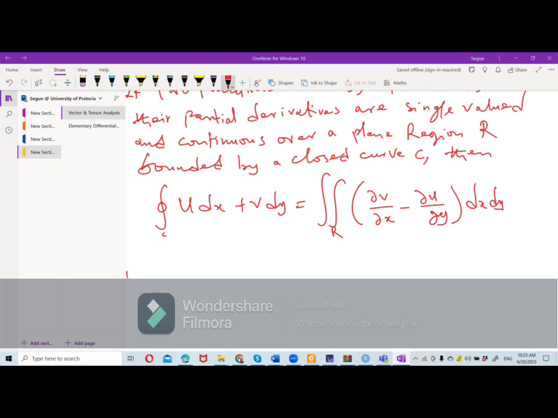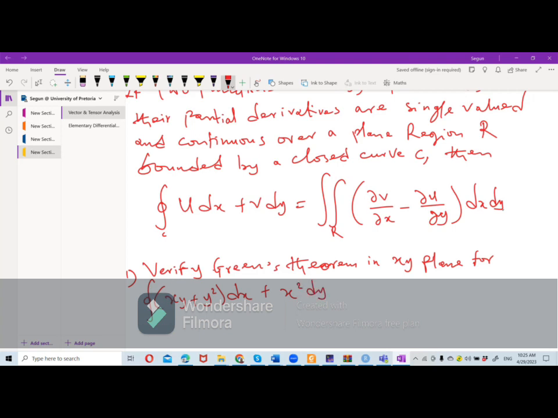So let's look at example one. Verify Green's theorem in the xy plane for the closed integral of (xy plus y squared) dx plus x squared dy,